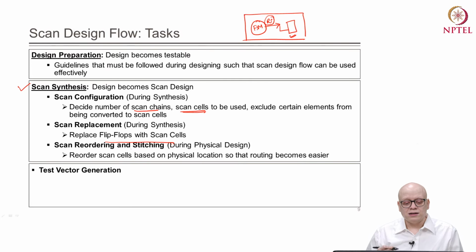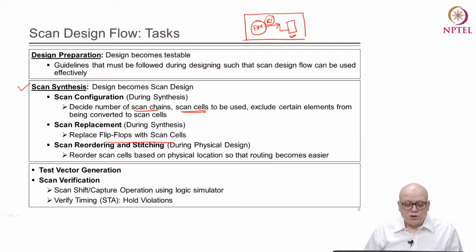Now, after we have done physical design and we have reordered our scan cells, then we can do test vector generation, or generate the test patterns that will be used to test our chip. And we also carry out some verification tasks to ensure the sanity of our scan chain, the timing verification and other things. For example,